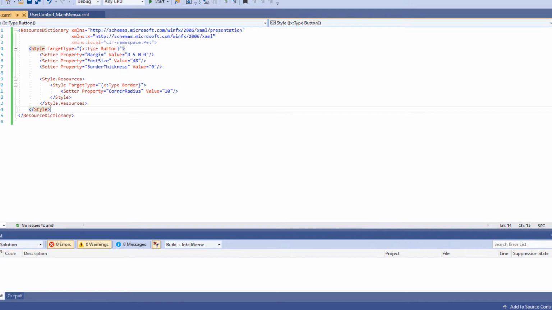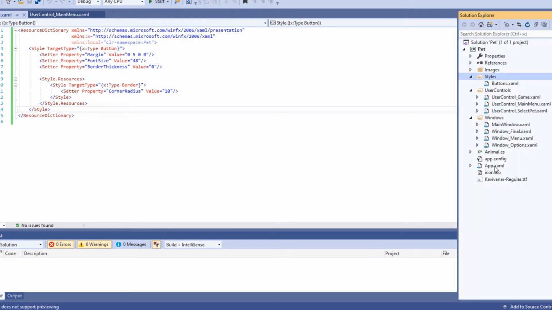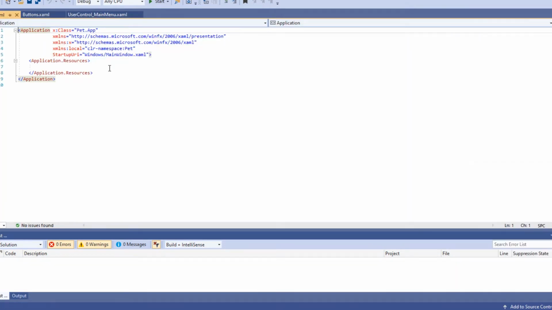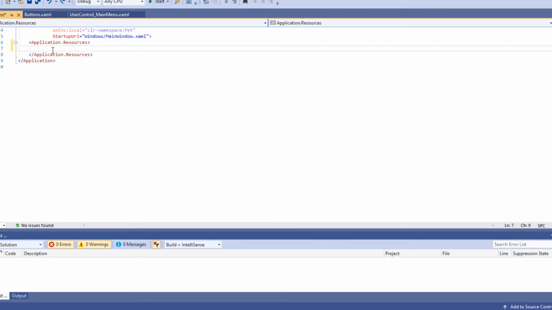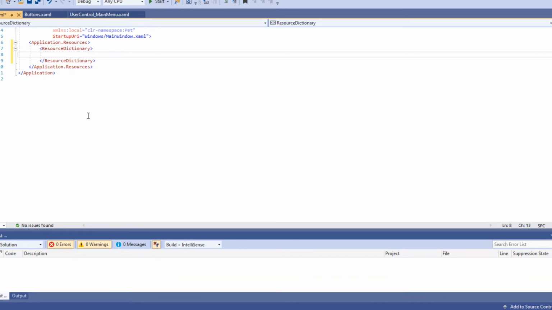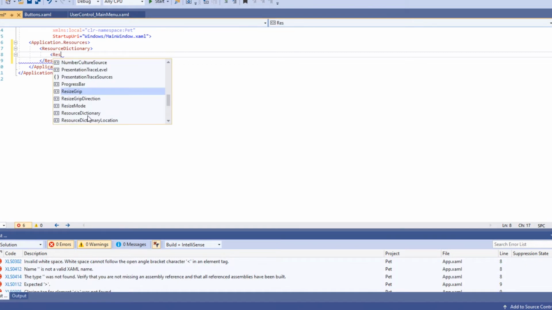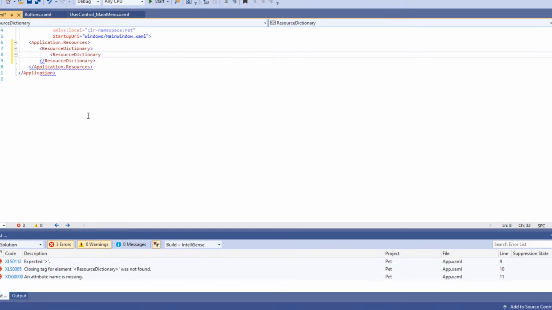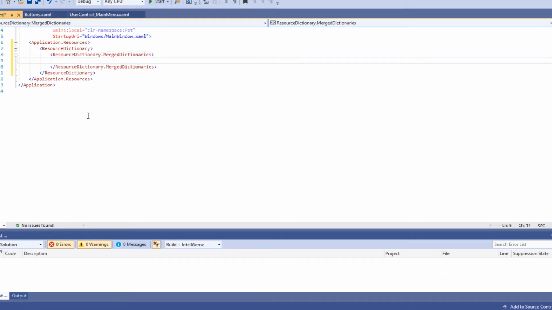So in order to connect it, let's go to app.xaml. And here we need to connect our dictionaries. In our application resources, we open the tag resource dictionary. And inside of it, we open another tag, resource dictionary period merged dictionaries. Merged dictionaries implies that you can have multiple dictionaries, just multiple styles.